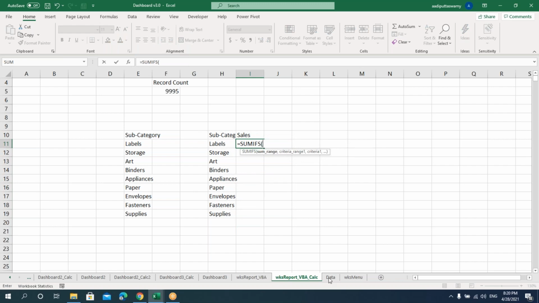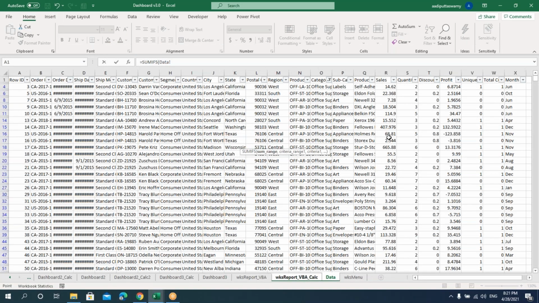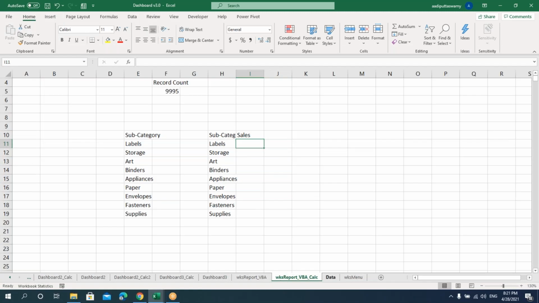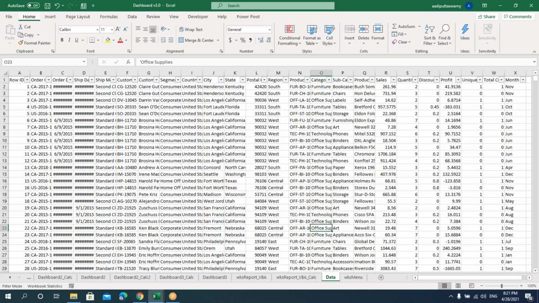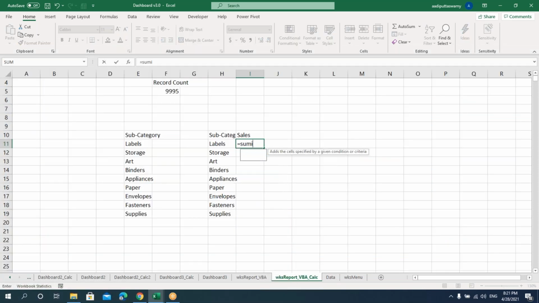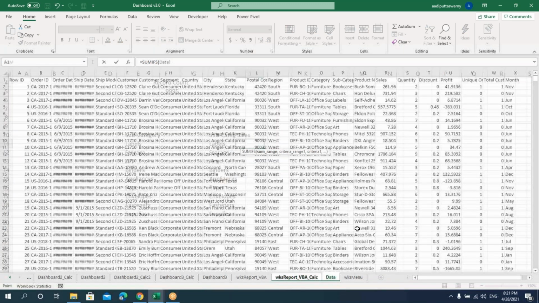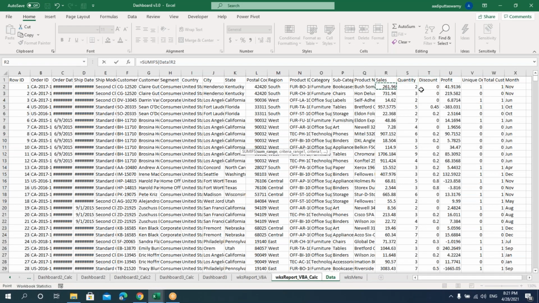First thing is the sum range. Let's go here, just try to remove the filter. Say equals SUMIFS. We'll take the sum range, that is, I'm getting the total for this sales.